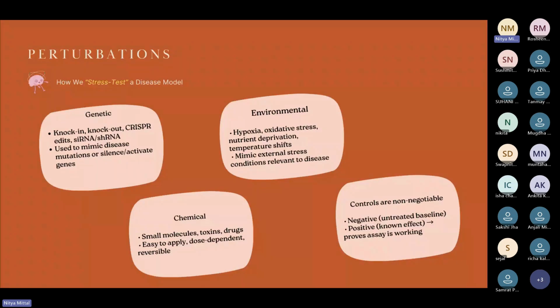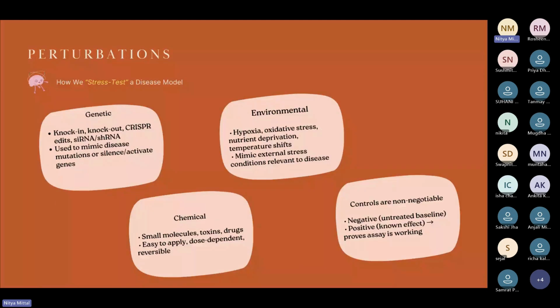There are only three main, but I include controls as non-negotiables in this slide for a reason. So let's start with genetic, right? Genetic perturbation is like hard coding the disease into the cell. You can knock in a gene, you can knock out a gene, you can knock down a gene. That can be done via CRISPR. You can also use siRNA or shRNA treatments,